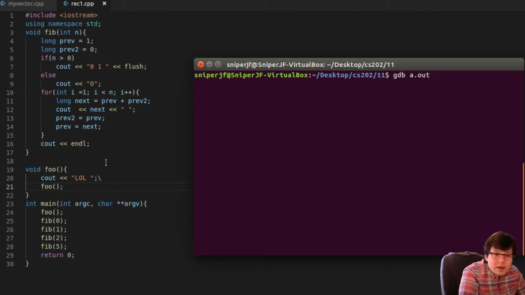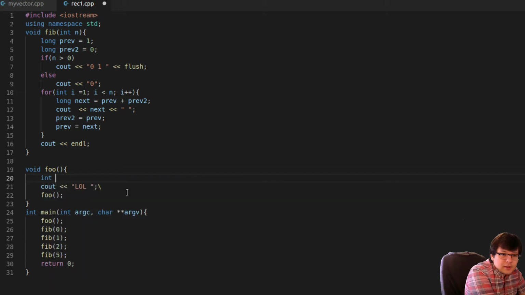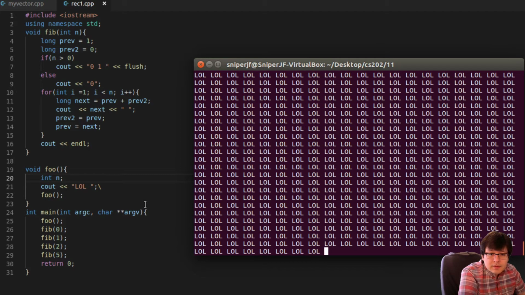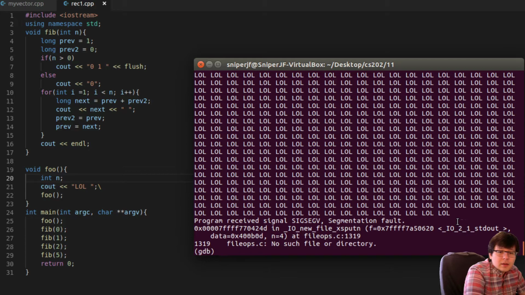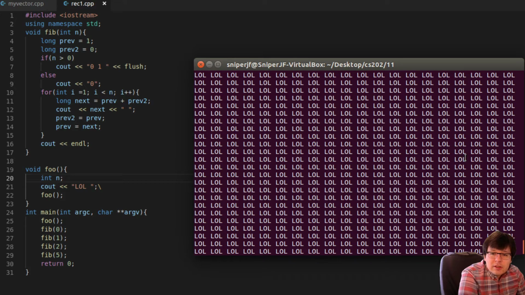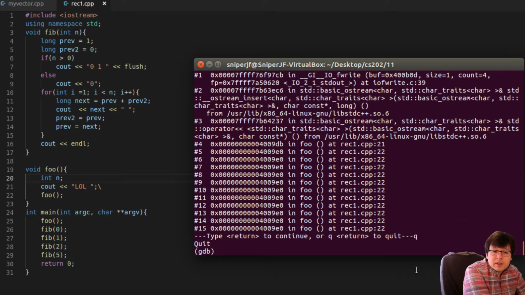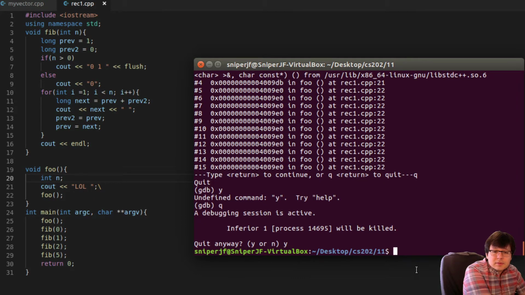Let's add at least one variable in there, because that's going to make things grow even faster, because now there are 4 extra bytes for each of the functions that is made. Well, I guess we can see each line is a function call, so there are still so many of them that we don't see the beginning. Okay, interesting. And I don't know what the command is in GDB to see the size of the call stack, unfortunately. But okay, all right, there's that. So, anyways,